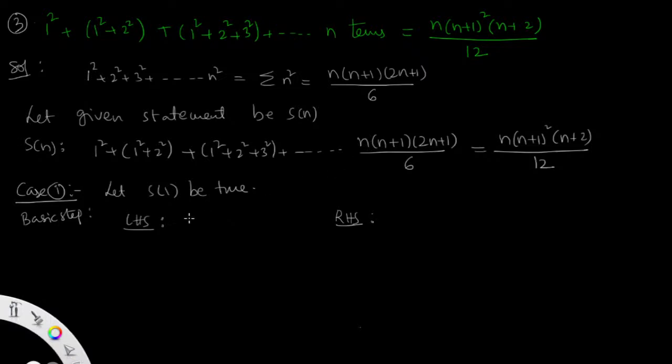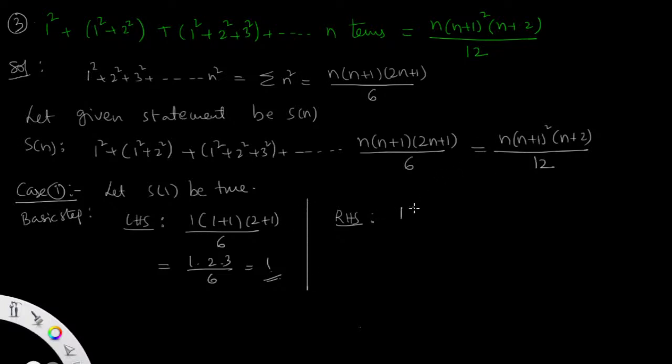N equal to 1 means 1 into (1 plus 1) into (2 into 1 plus 1) by 6. That is 1 into 2 into 3 by 6, that is equal to 1. In the same way, RHS,